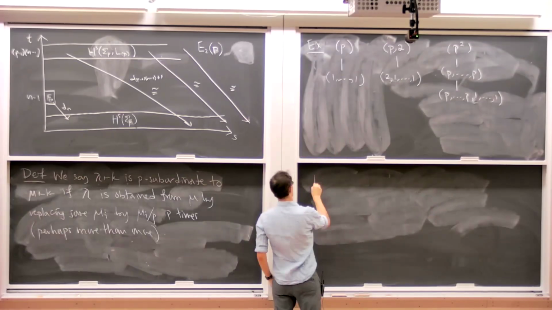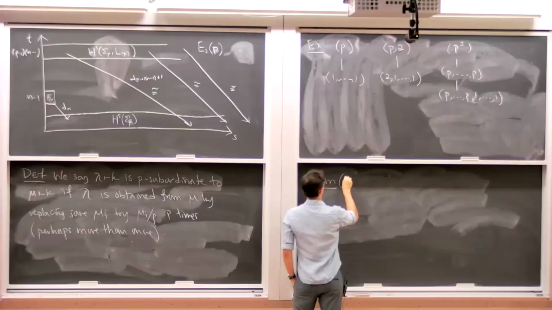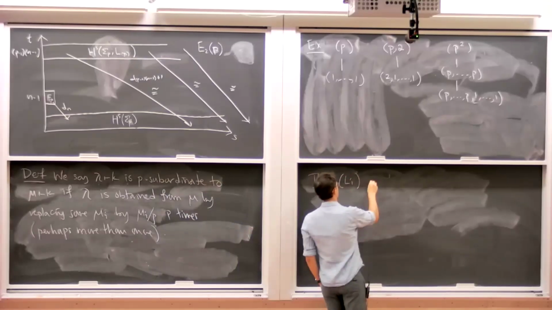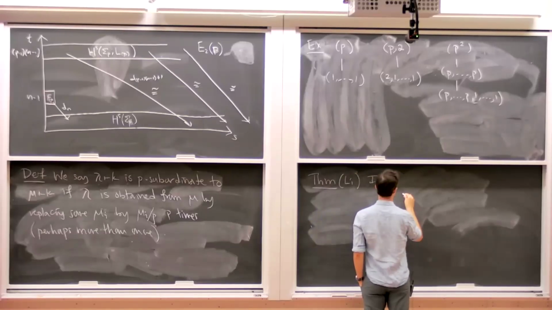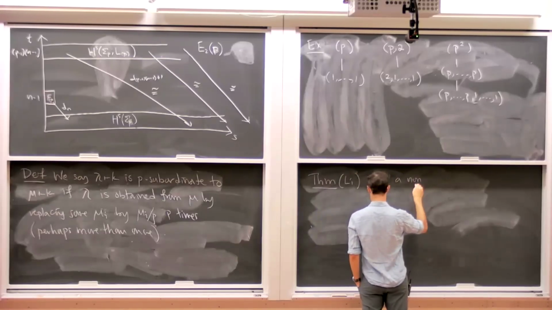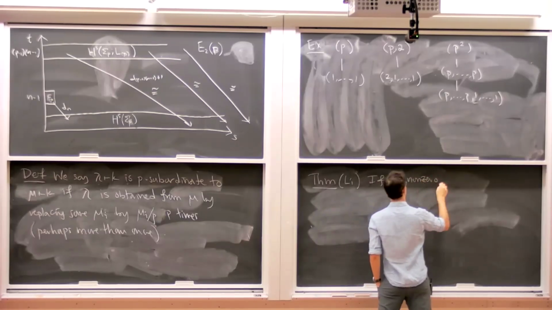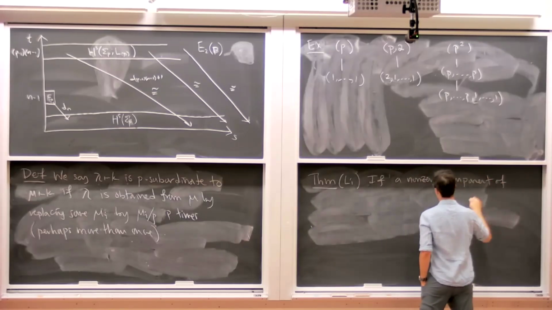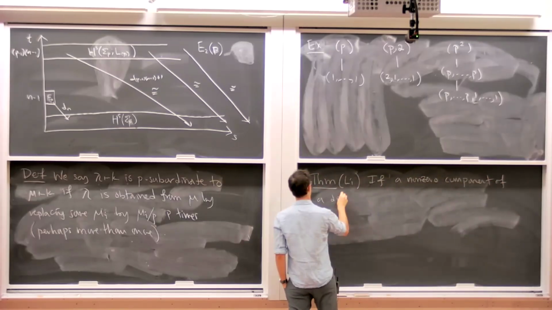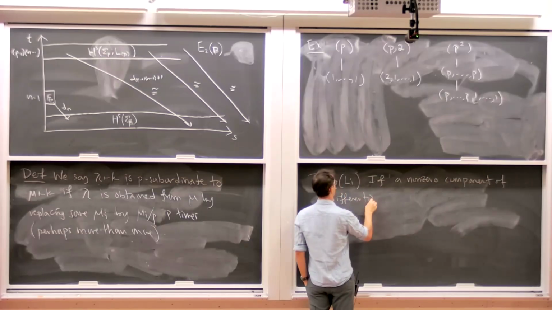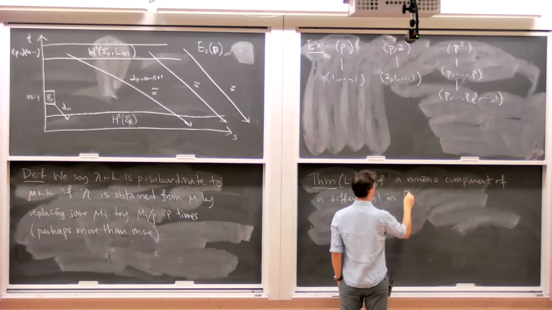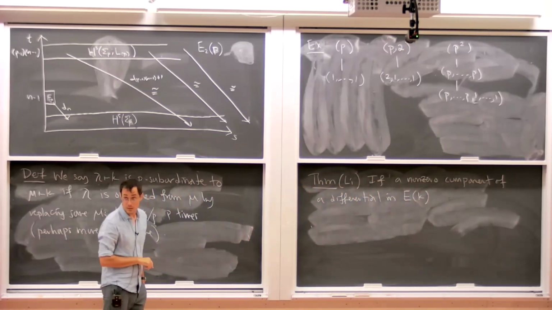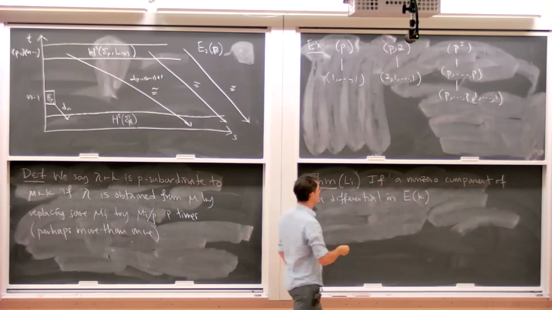So the theorem that my student Dejo proved is that if a non-zero component of a differential in the Cartan-Lie spectral sequence for the configuration space of any number of particles has source